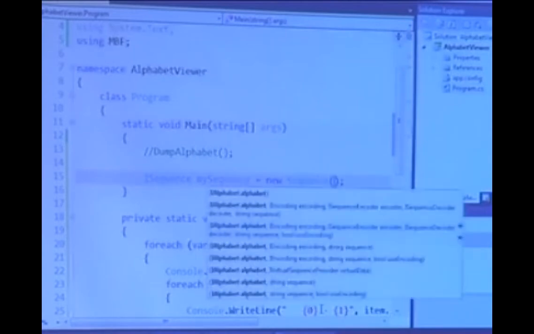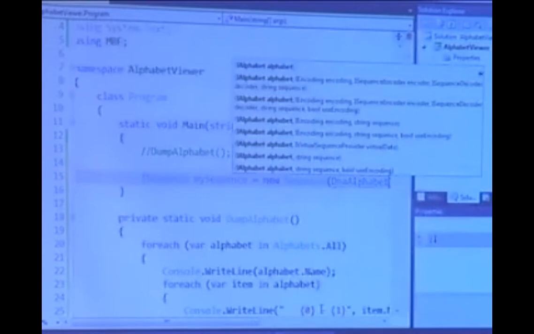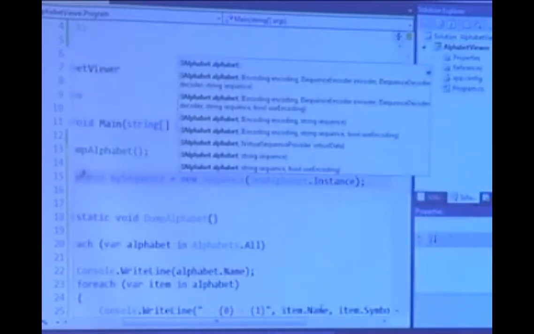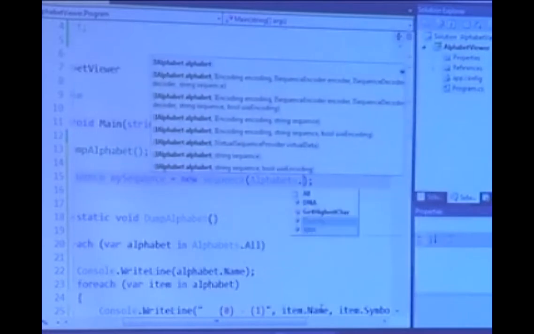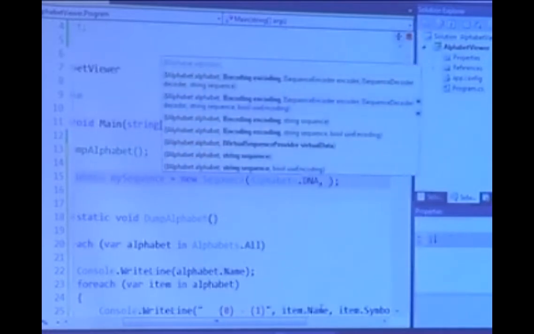If I could actually type, that would be good. All right, and let's go ahead and use it in alphabet. So I can, again, use DNAAlphabet.Instance. That's one way to identify it. Or Alphabets.Instance.DNA. Those return the exact same instance, so there's no difference between using either one of those mechanisms. Use the one that you prefer.